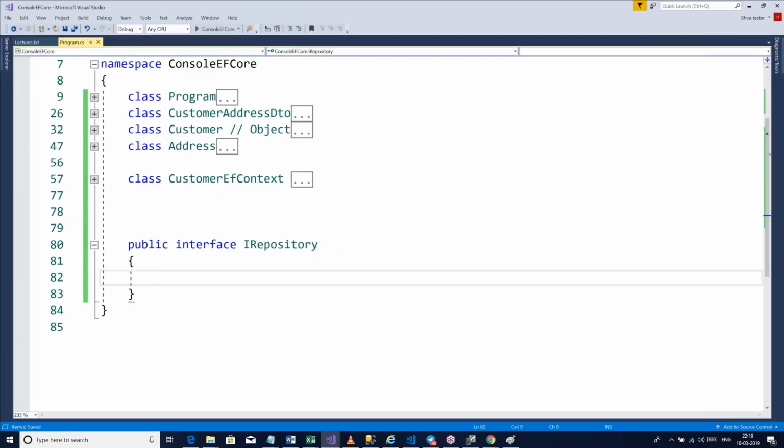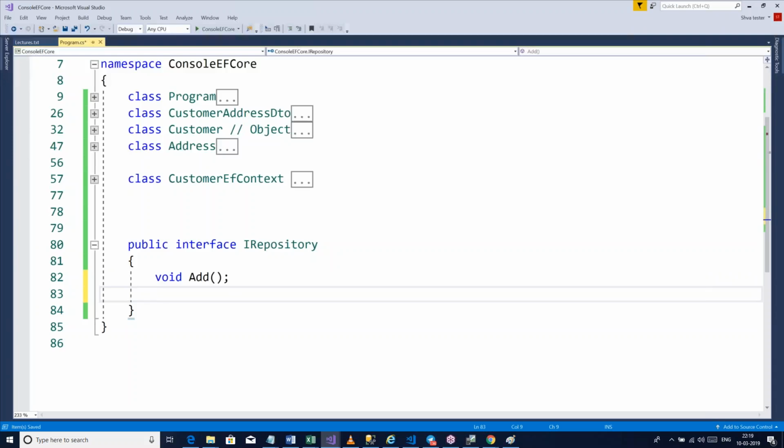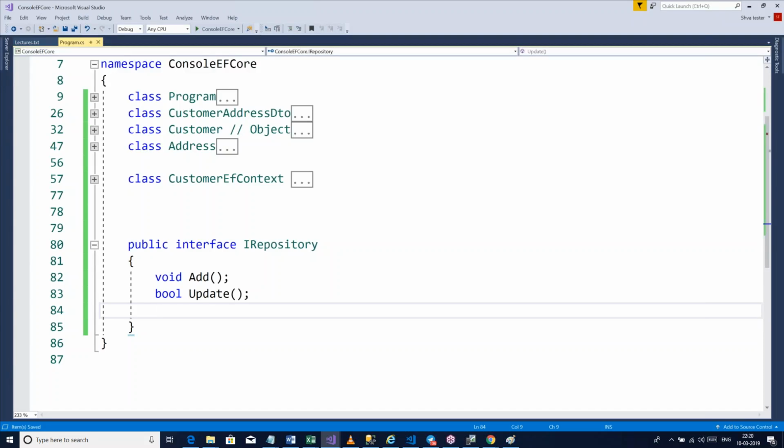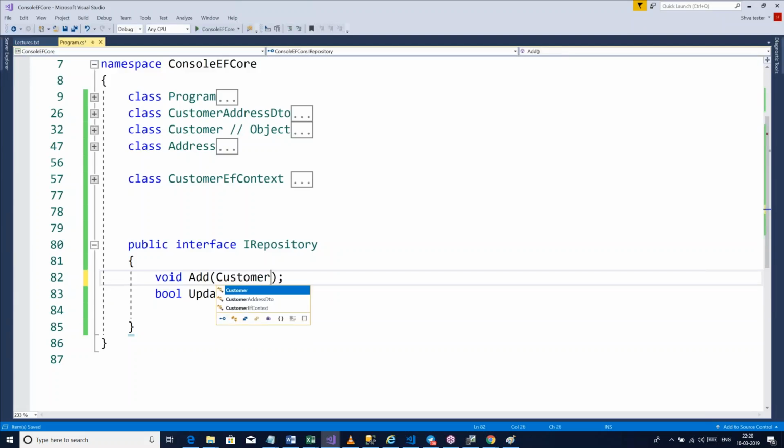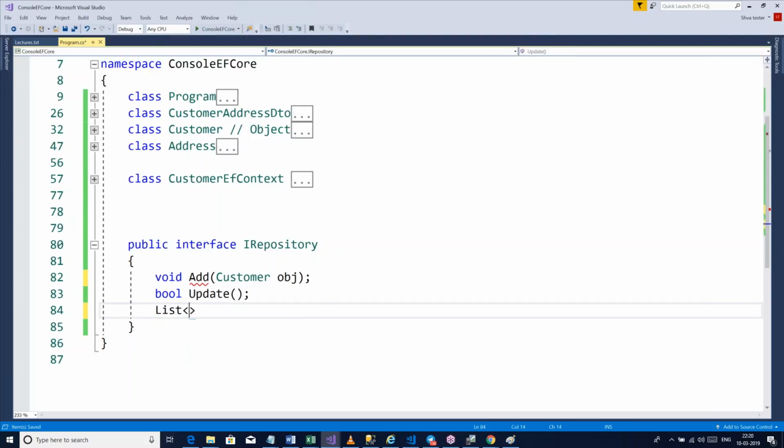So we'll say, okay, this is a repository pattern interface. It will have an add method. Let's say this will add something to the database. It will have a search, so it will search something. It will have an update. Let's do update first, like the update method. But at the end of the day, if you want to add a customer or a supplier, it's essential that add should have customer inside it. If you want to do a search, then you will say list of customer